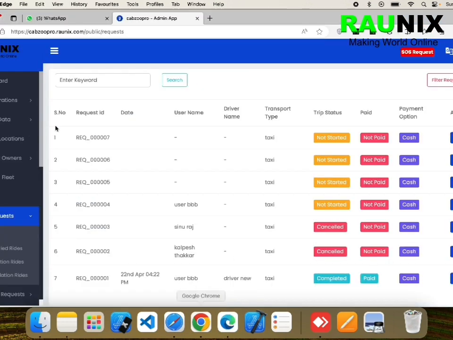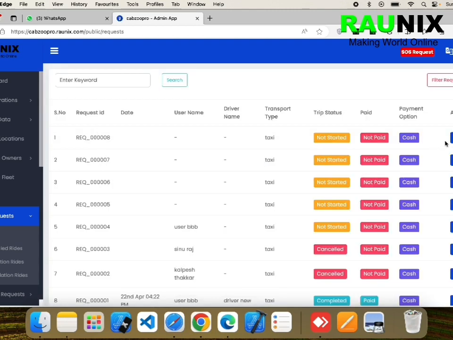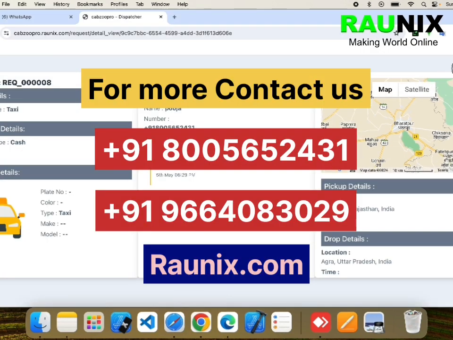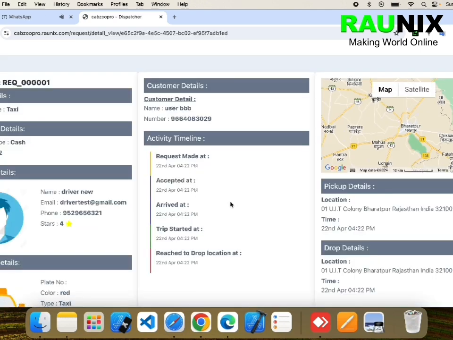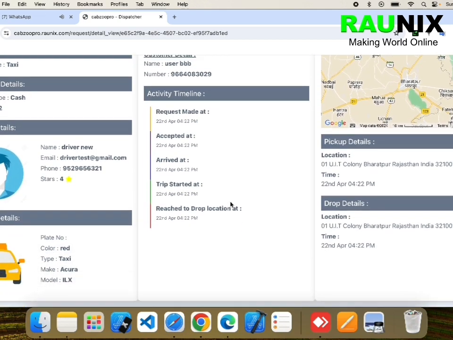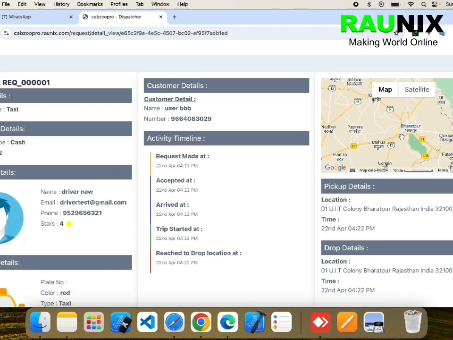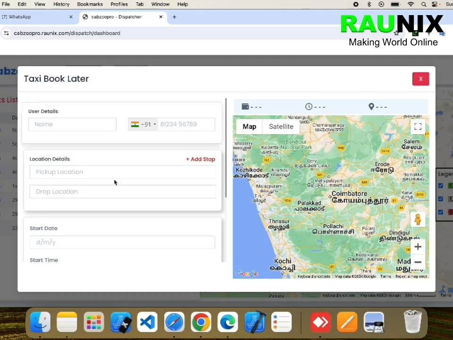And in the admin panel, this is our booking. You can see, yes, the booking has been successfully made and we can see this booking. And now the booking will go to all the available drivers in that zone and the driver who accepts will get the booking. So that's how our admin can do a manual booking for a customer. You can either take payments in cash or you can take online payment or UPI.